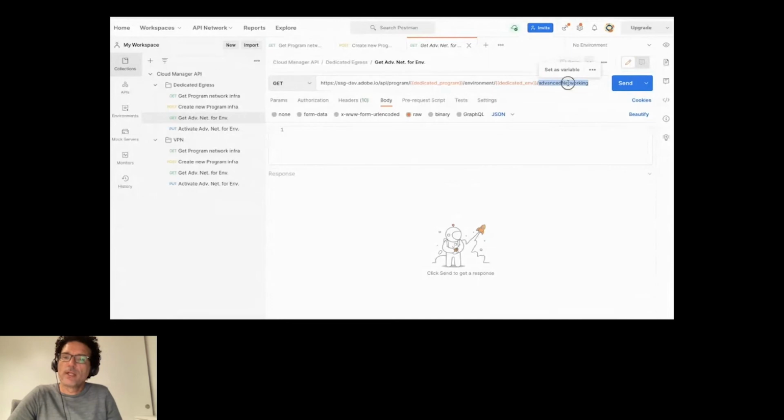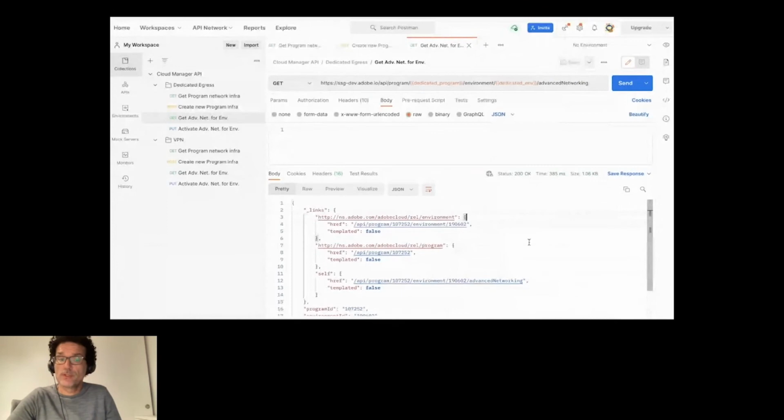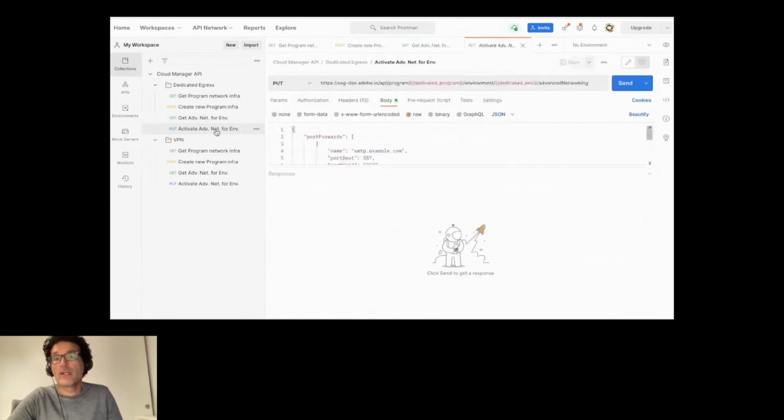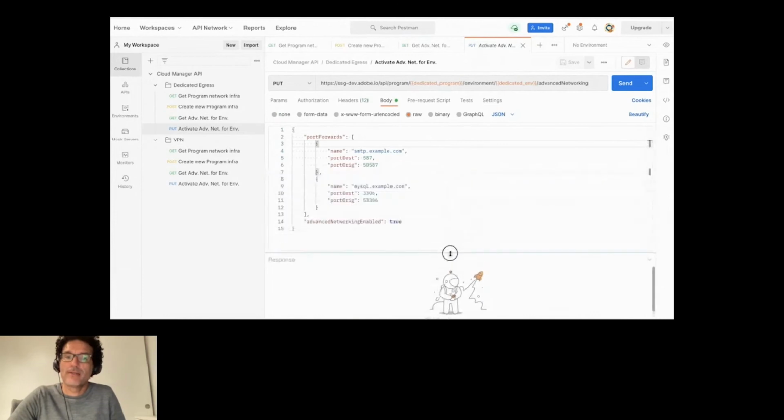Cloud Manager is going to return a JSON saying that the advanced networking features are not enabled, advanced networking enabled equal to false, right? So for using advanced networking in this environment, we just have to send a PUT request to the same URL setting advanced networking enabled true, right? So we can send this payload, and that's going to start, as Carlos described, a proxy that